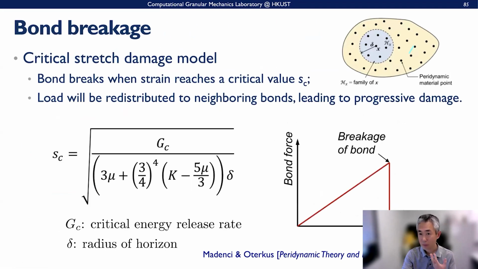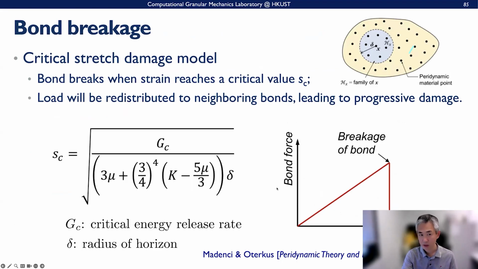And the bond can be broken, and we can use this critical stretch damage model to describe it. When it reaches this strength, which can be calculated from the critical energy release rate of the material, which is indeed a physical parameter, the bond can break. So it's quite brittle, the brittle